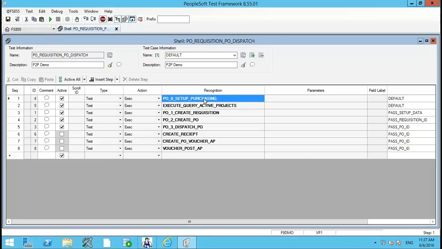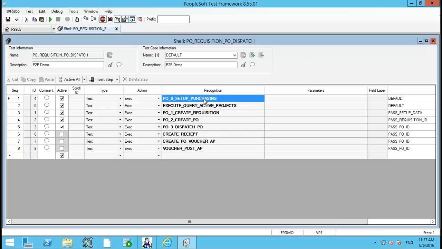So I have a setup data. I then move on to executing a query to fetch a list of all the active projects that I have, so that the requisition that I create is booked against the active project. So it's not hard-coded data, but it is looking into my system, looking for valid data.